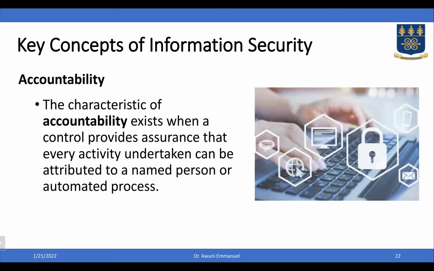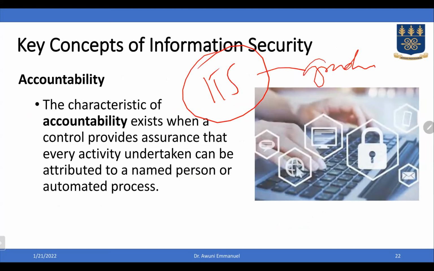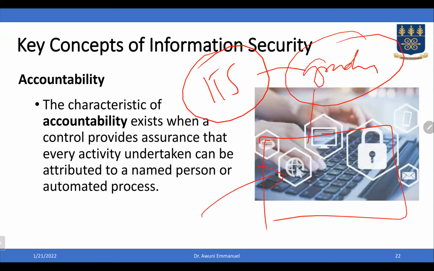So now the next is accountability. If you can be identified, authenticated, and also given the authorization to use, then you should be accountable for anything at all that you do. So right now, at the University of Ghana ITS system or the MIS system, for instance, we have a grading system where at the end of every semester, after you have done all the markings, you need to log into the system and enter student grades.